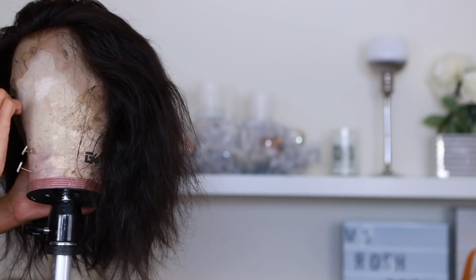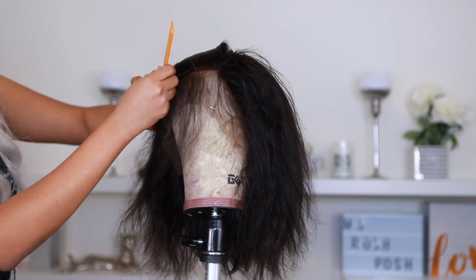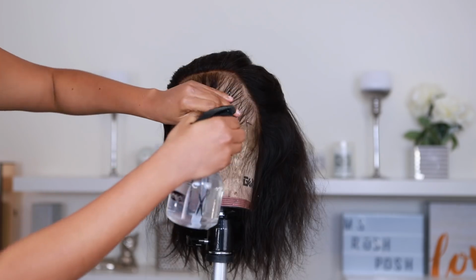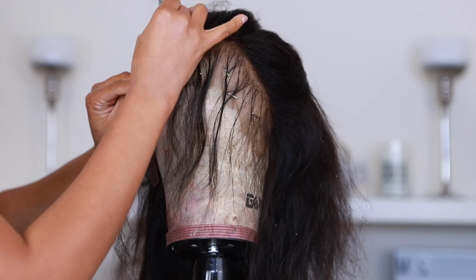All right, so I'm just gonna let you guys know right now, your girl kind of over tweezed this wig just a little bit. I got a little carried away, and you know what, shit happens. But I showed you guys this because I'm showing you the mistakes that I make. I do make mistakes. I'm new to making wigs, so it happens, but I did over tweeze her just a